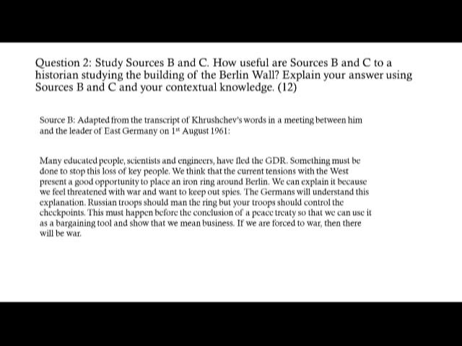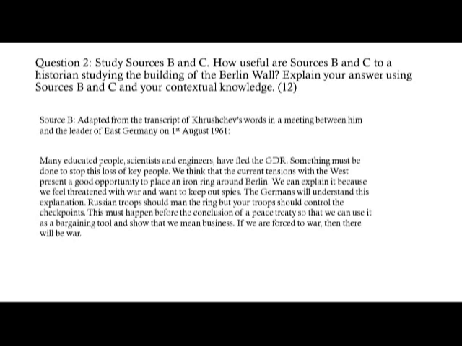Okay, so that's a given. So one of the sources will be like this. It will be a written source, and the other source will be another visual source, like source A. Okay, so source B, let's have a look at the provenance, is adapted from the transcript of Khrushchev's words